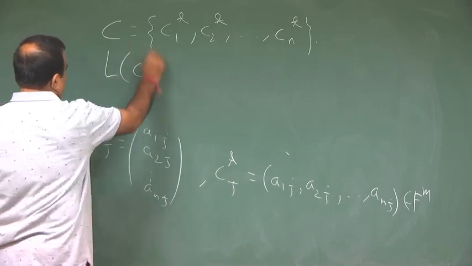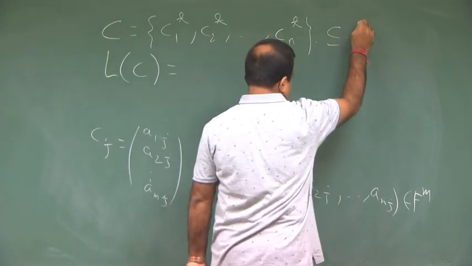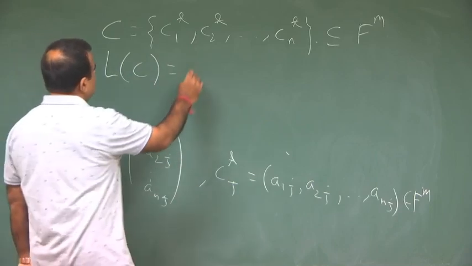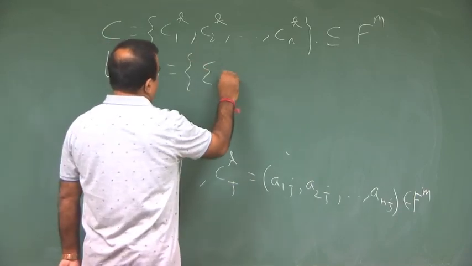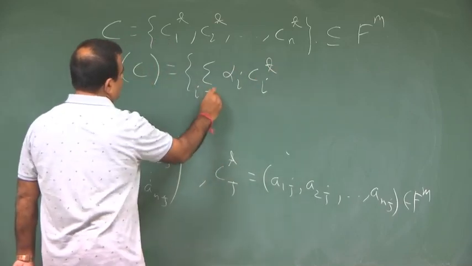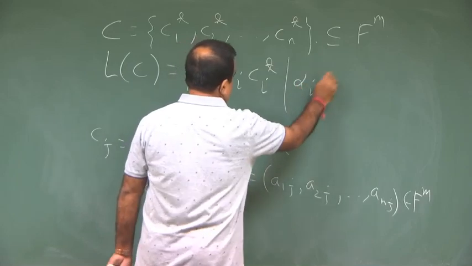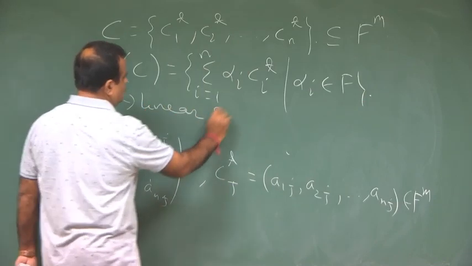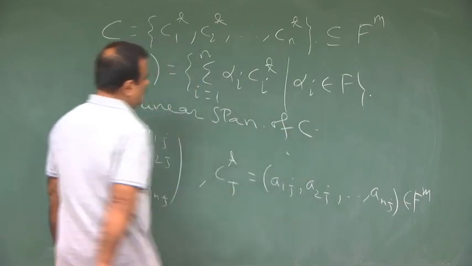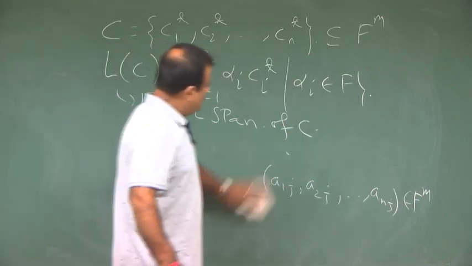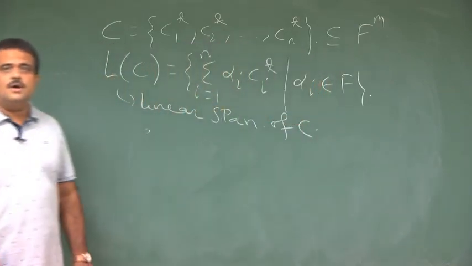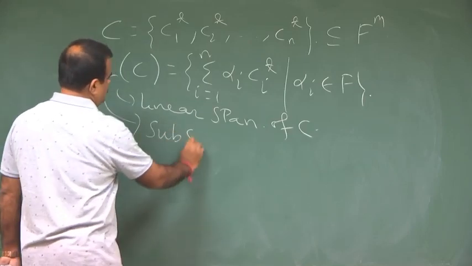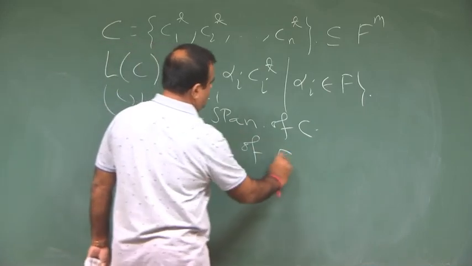Now, if you take the linear span of this, that is nothing but the linear combination, alpha i C i transpose, i equal to 1 to n, all possible combinations, the linear span of C. And we know the linear span forms a subspace of the corresponding vector space, and that subspace is called the column space. Okay. So, this will form a subspace